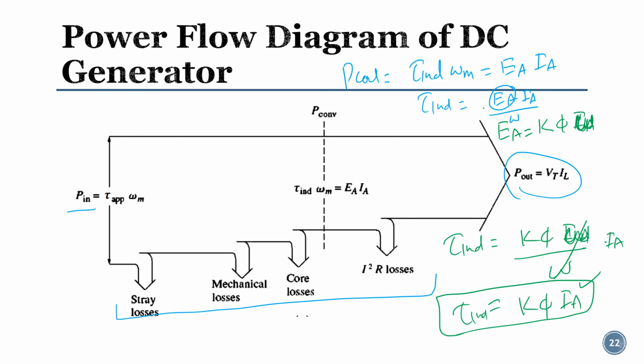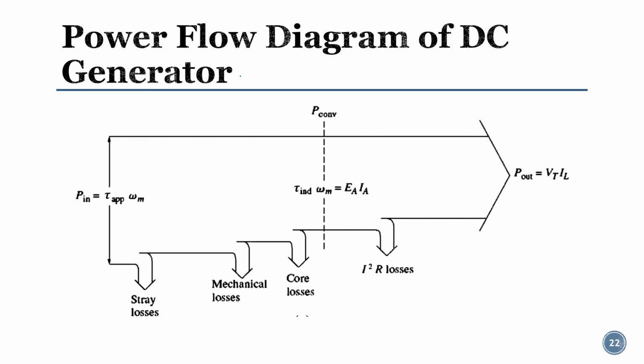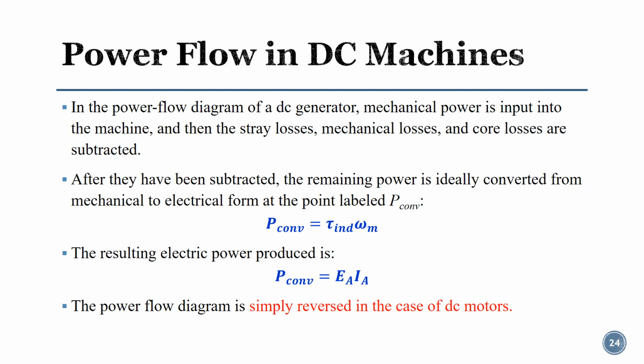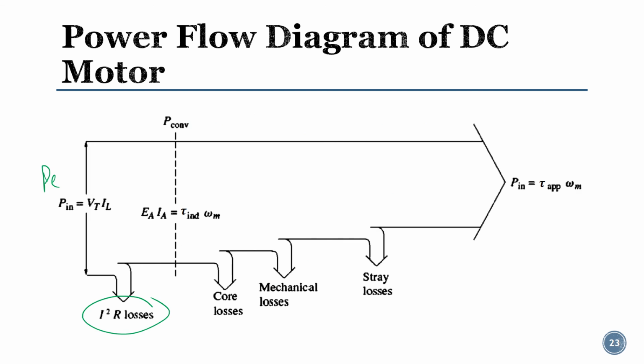So in the lectures, you will be seeing multiple expressions. We can derive the one from the other, but the understanding should be clear. So this is the power flow diagram for the generator, and now if you have the motor, that will be reversed. In the motor you have the electrical power, so there will be electrical losses, the same losses we derived here: the armature current, the field current, the brush drop. Then we will have the power converted, and all the rotational losses, that will be equal to your actual mechanical power, which will be torque applied multiplied with the angular velocity.